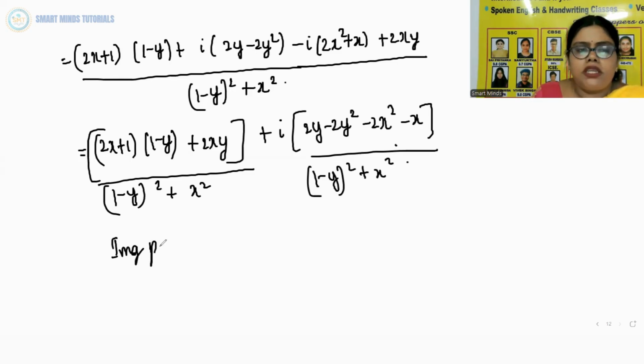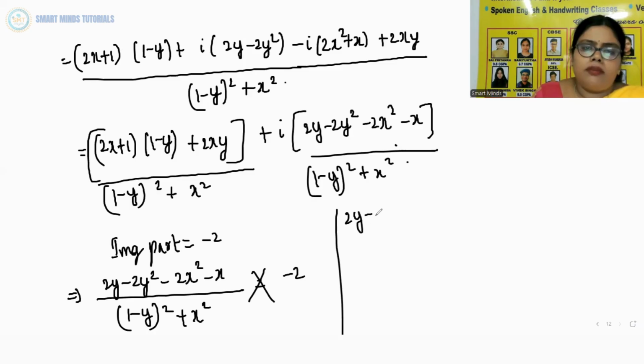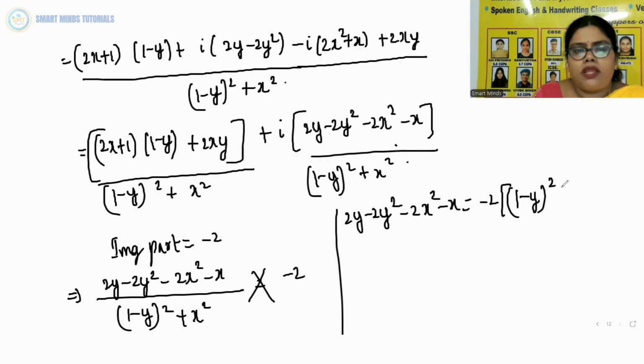So the imaginary part is minus 2. From this, what is the imaginary part? 2y minus 2y square minus 2x square minus x by (1 minus y) whole square plus x square is equal to minus 2. Now you cross multiply. 2y minus 2y square minus 2x square minus x is equal to minus 2 into (1 minus y) whole square